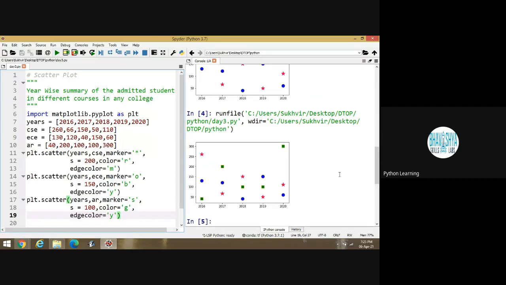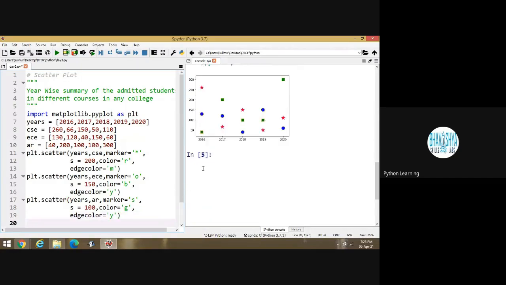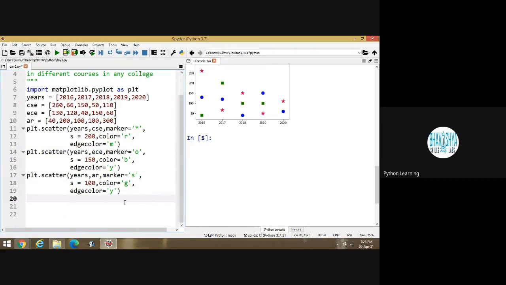Now look at the value. Look at the scatter plot. You can clearly see that in 2016, this block is lesser than the blue circle, then the magenta star. These are the three contents. Suppose I have to elaborate more. Then what do I have to do? I can write here plt